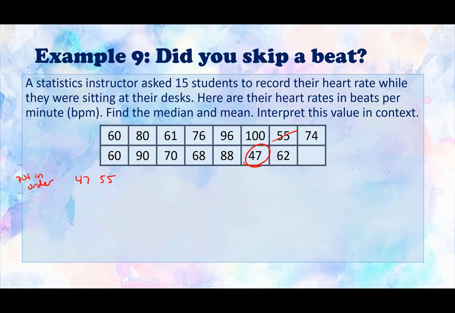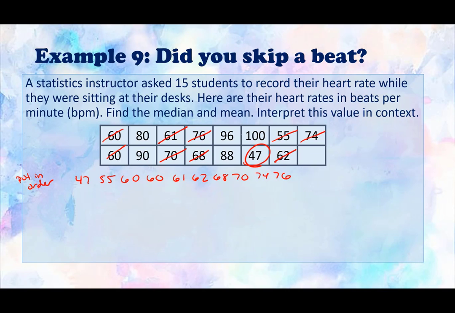Do we have anything else in the 50s? Nope, but we do have two 60s. And then we have a 61, and then a 62, and then it looks like we have a 68. There's nothing left in the 60s, so let's go to the 70s. So we have 70, 74,